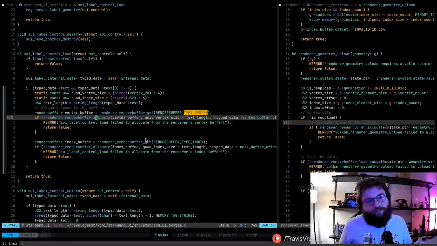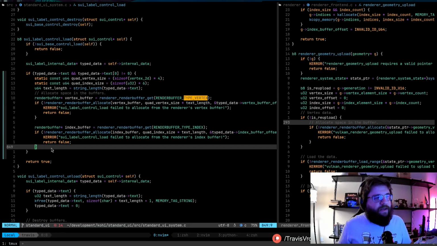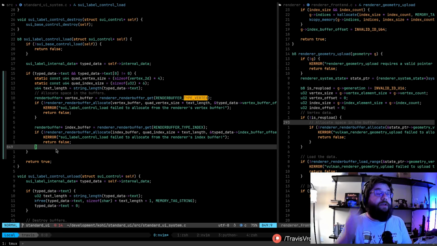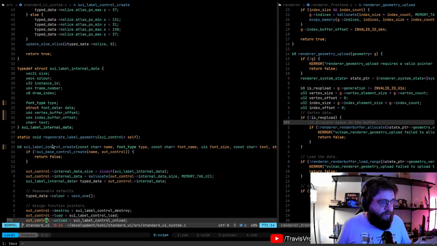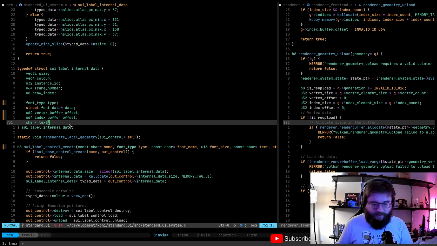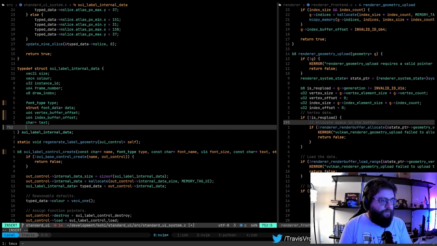Because I think, yeah, we're also going to have to know that when we go to resize too, because we can't use the total size of our individual buffers because we don't have that anymore. So we're going to need to add one more thing to our data here. So we have our text. We're going to add a, let's make this a U32, and we're going to call this max text length.